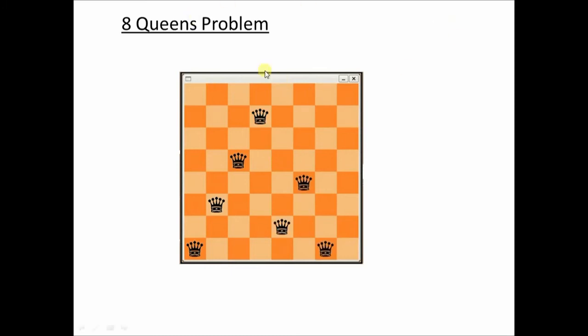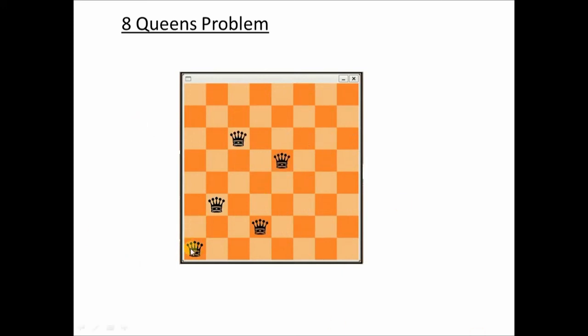In a similar manner, there is also the 8 queens problem. Now what is the 8 queens problem? You see this is a chessboard, and assume that usually chess is played between 2 players, right? Let us assume that there are 8 players, enemies of each other. So basically there are 8 queens, and each queen is a rival of the other queens. All these 8 queens have to be placed on the board in such a way that no queen is attacking another queen, right? So this is called the 8 queens problem. It's a very simple problem.